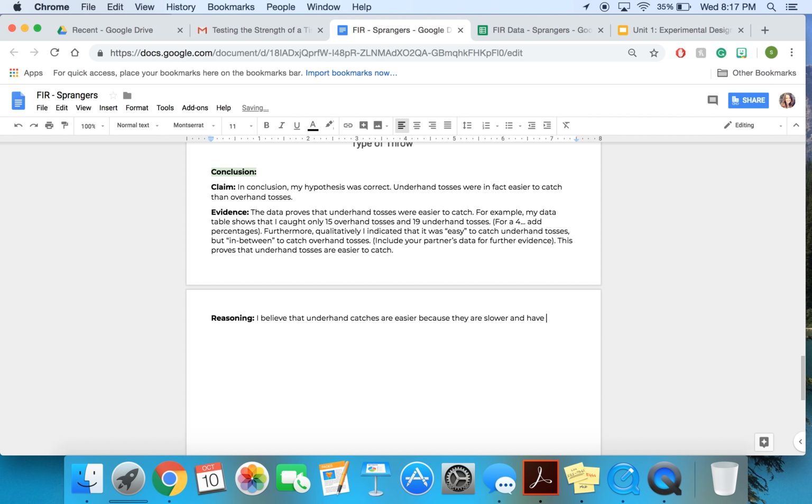So you might say, I believe that underhand catches are easier because they are slower and have a more gradual arc. This makes it easier to time the catch. In addition, a nice transitional phrase. We love that in literacy. In addition,